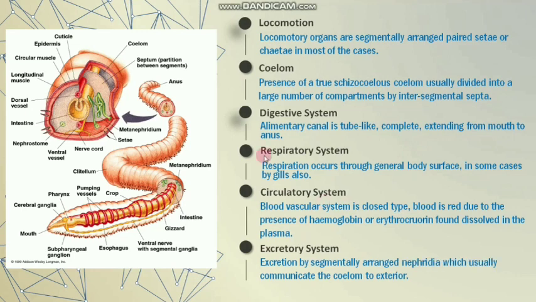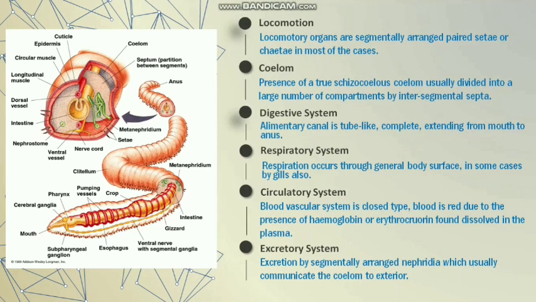The excretory system is formed of the nephridia, paired nephridia on each segment. You can see the nephridia here, and the funnel shaped opening within the body is known as the nephrostome, and the one which is opening outside, at the junction or on the body wall, is known as the nephridiopore. Okay, so nephrostomes and nephridiopores are there. Paired nephridia on each segment are present in the Annelida.